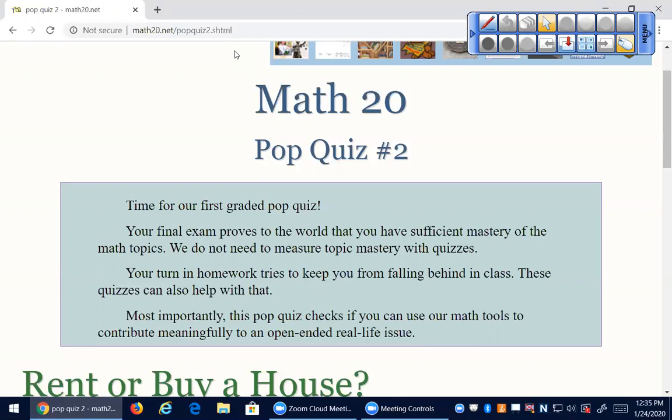So here's what we're going to do. We're going to do a pop quiz, but just like the midterms were not what you were expecting, the pop quiz is not what you're expecting. If this doesn't work, great, I'll go back to the kind you're expecting. I'm going to use